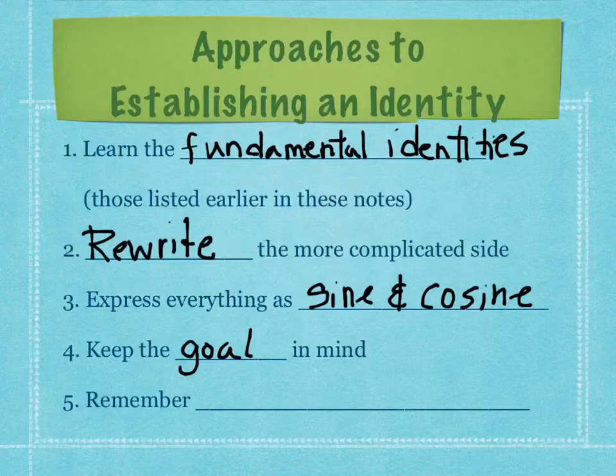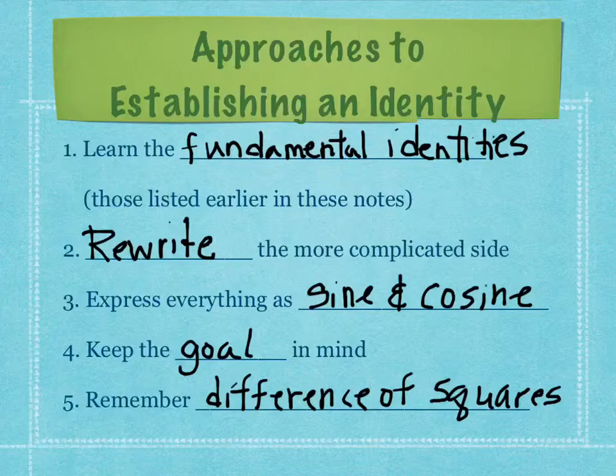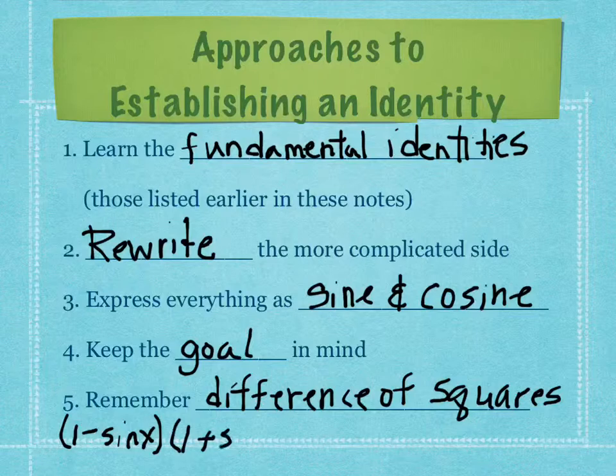Okay? And the last item in here is to remember difference of squares. And I put this in here specifically because it's one that sneaks up on you. So let me show you how that is possible. A difference of squares, for example, if you have 1 minus sine of x, sometimes you'll end up with something like this in the denominator. One thing that is good to remember is that if you multiplied that by 1 plus sine of x,